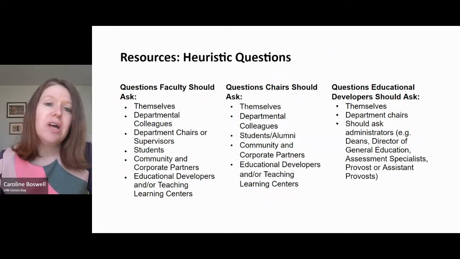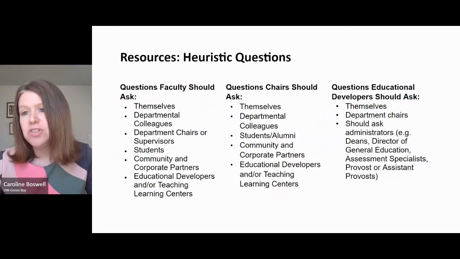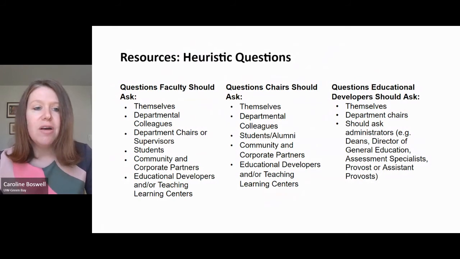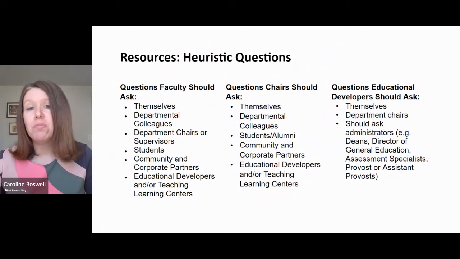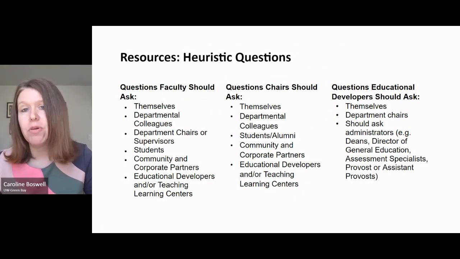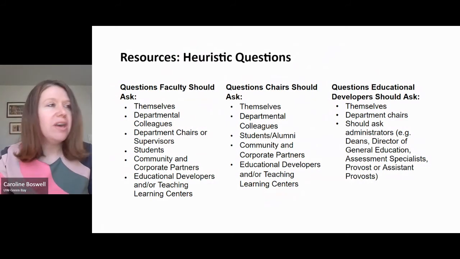The case study is fictional, but it is based on an amalgamation of our research. We contextualize it to the UW system simply because the UW system has a high impact practices initiative, so we thought that would make sense. But what we want to do is share with you the list of the heuristic questions that we've developed to get your perspective on the questions that you think would be most pressing for this case study, and to think about how a person would actually engage in those questions, right? Whether it be internal reflection, or formal or formalized conversations with their peers. And so that's our plan going ahead.